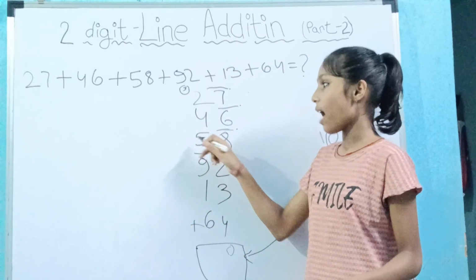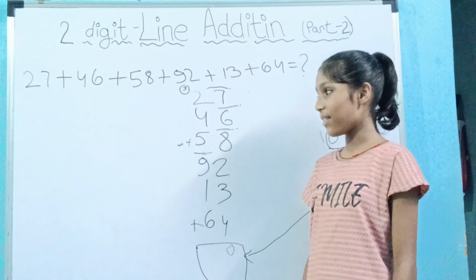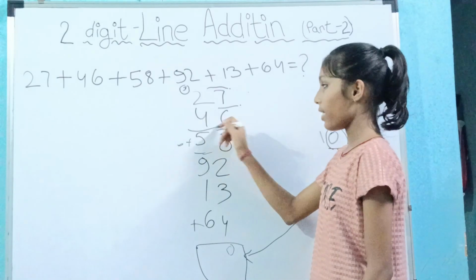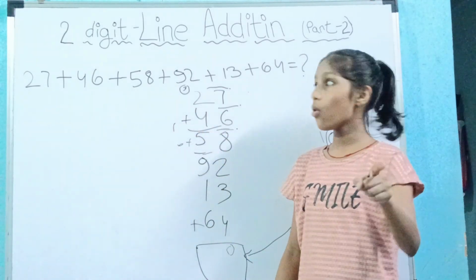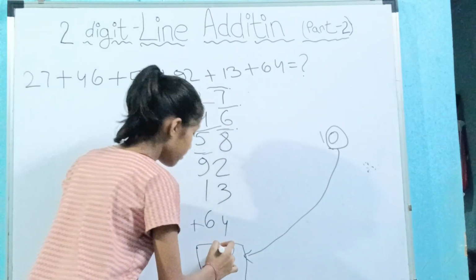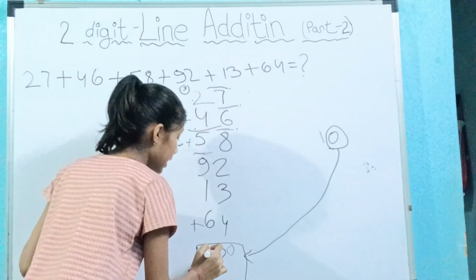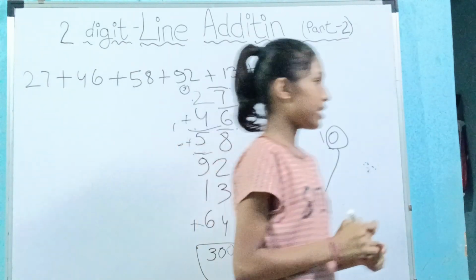So you will write 10 here and add 6 to this. 6 plus 5 is 11. Drop a 9 here and add 1. 5 plus 2, what is 5 plus 2? It's 7. 7 plus 3 is 10. So 10, we write 0 here. Now count the lines: 1, 2, 3. There are 3 lines, so the answer to this question is 300.